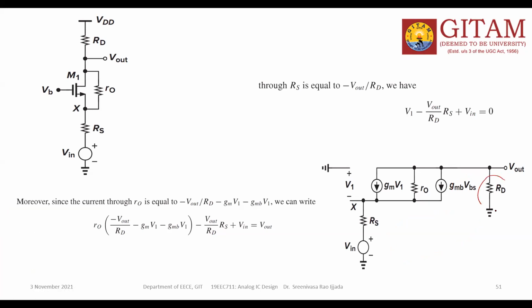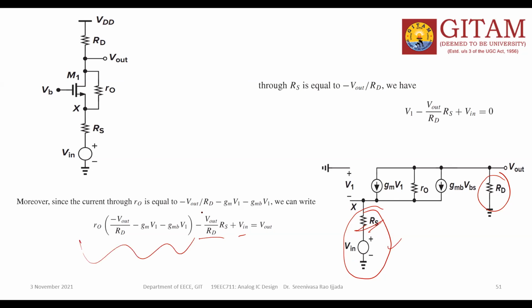The drop across these two is also known, because the same current is flowing here. So I can simply write I into RS here, and here is the voltage V in. Output KVL: this is V in, and the drop across this RS is this much. And what about this one? That is what I want to find.